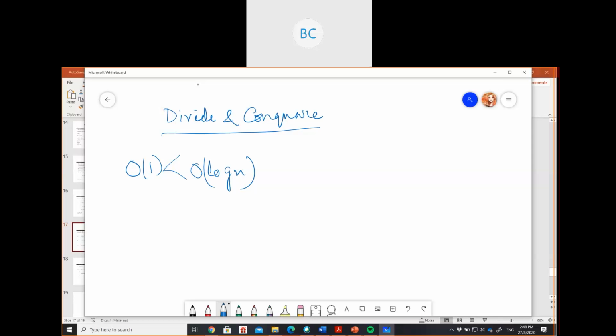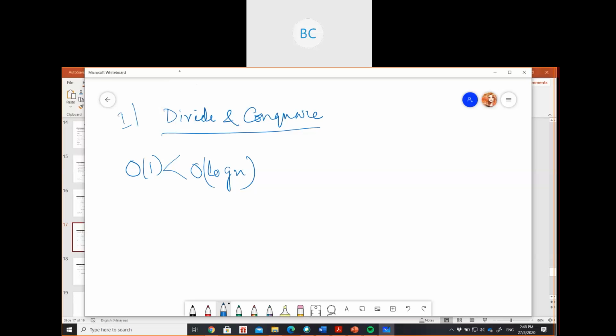Similarly, in programming also, there is a divide and conquer approach. In linear search, we search for a particular element one at a time, correct? In binary search, we do not look through the whole array or list. We just divide the whole input size into half.